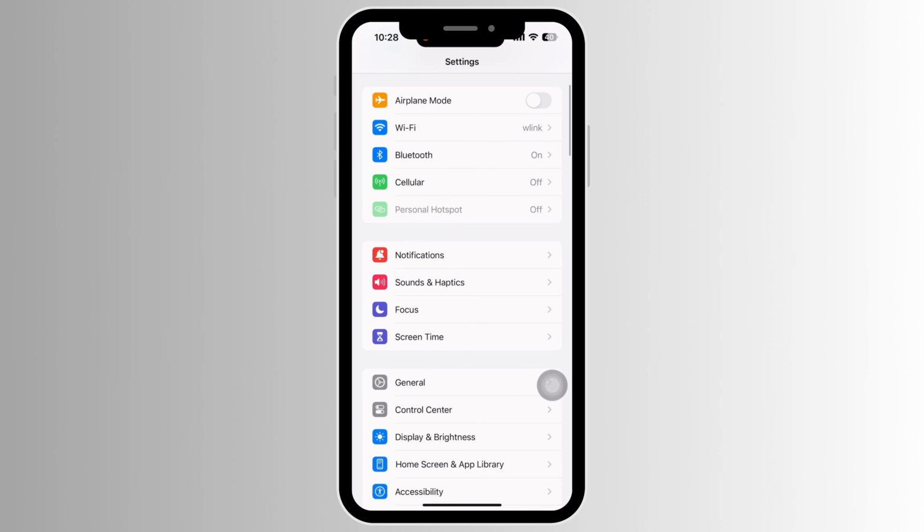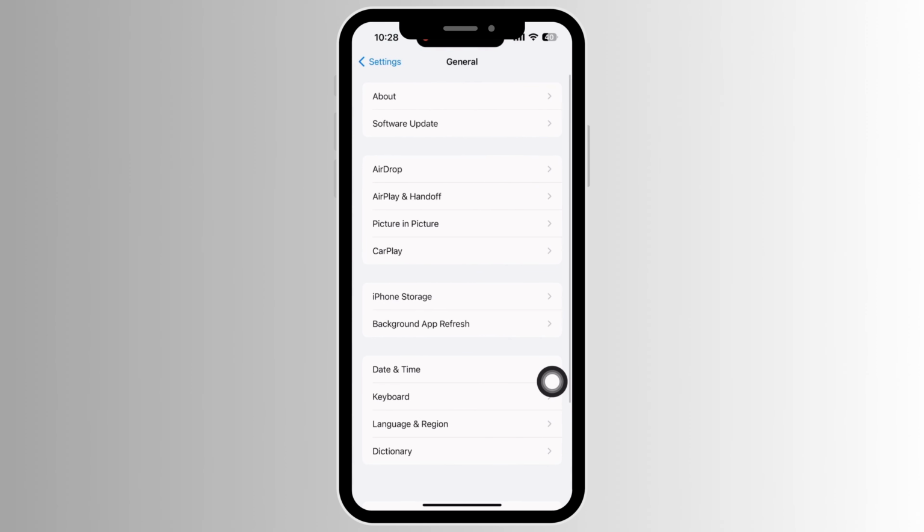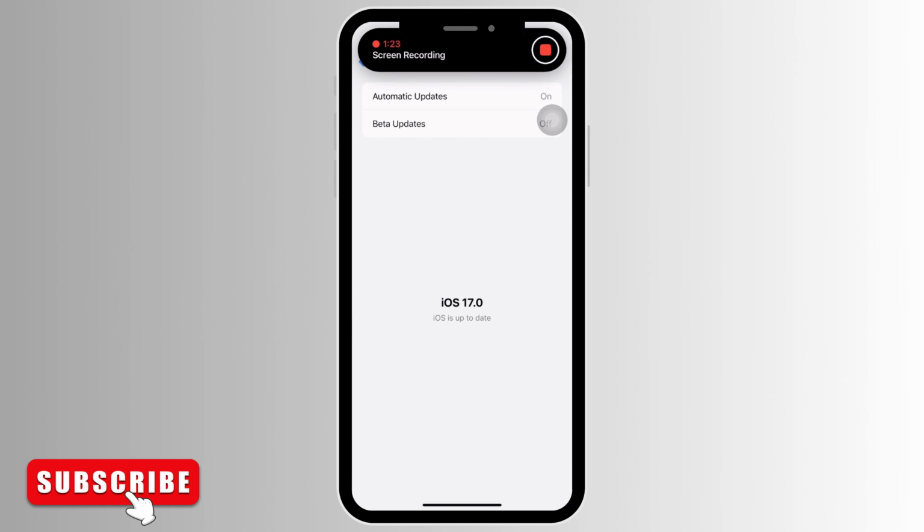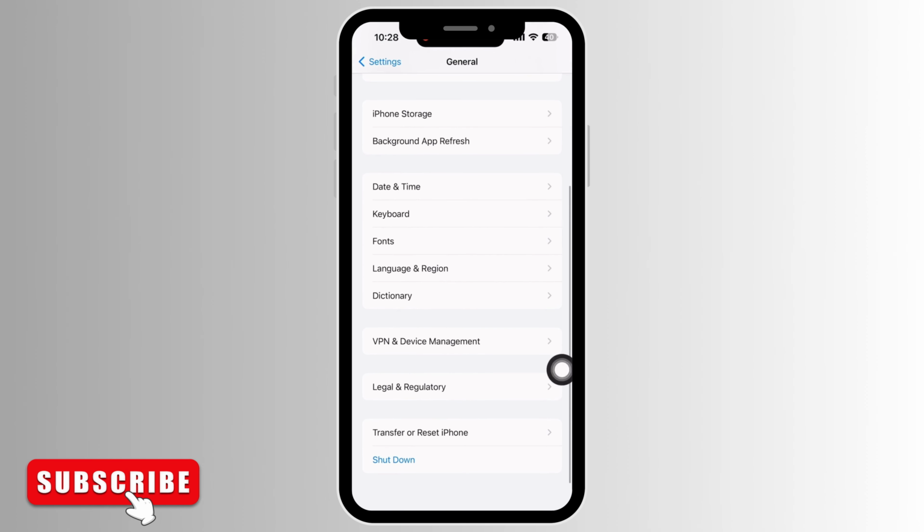Go back to Settings and now tap on General. Tap on Software Update and make sure your iPhone is updated to the latest version of iOS for all the features to work properly. Go back and now tap on General and scroll down and tap on Transfer or Reset